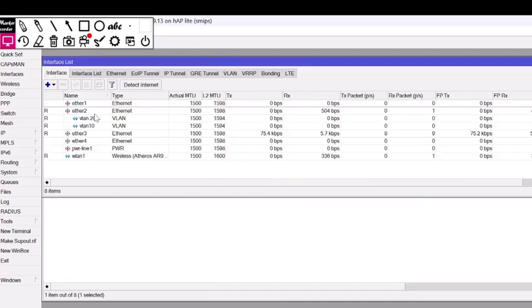The interface will be edited in Ether 2. Why not Ether 1? Ether 1 is the Ethernet that connects to the hotspot. And why is Ether 3 connected to the internet?